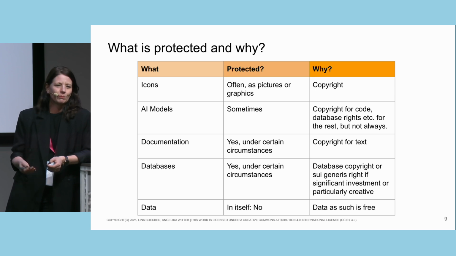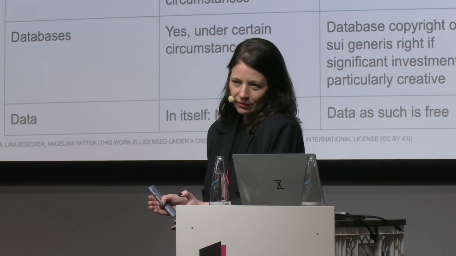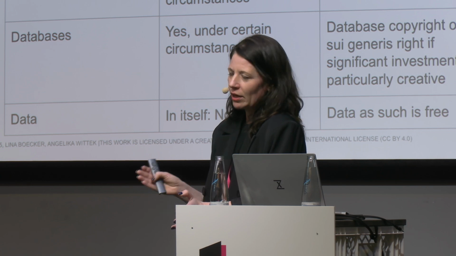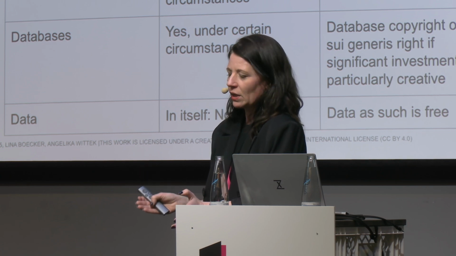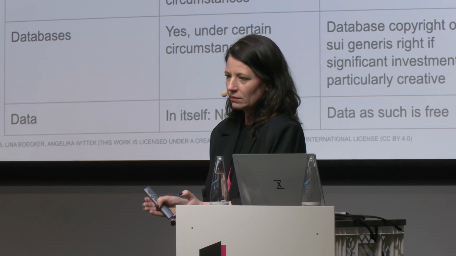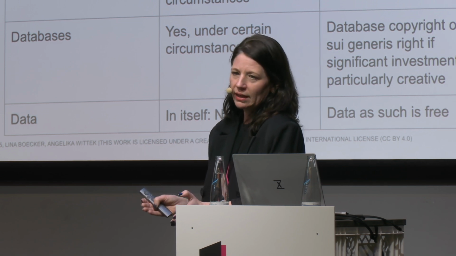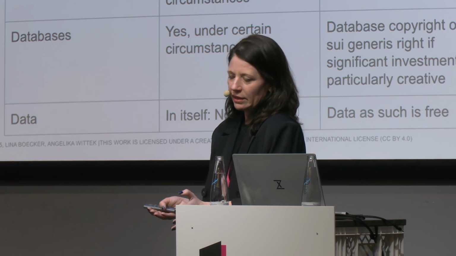because those of you who know me know that most of my lectures start with, why do I need a license? Because what you want to use belongs to someone else. It's protected by some sort of IP law. The same applies not only to code, but also to other artifacts, like icons. They are protected by copyright as pictures. Sometimes they are trademarks. AI models are a bit of a difficult thing because we don't know yet if they will be protected by an IP right, be it copyright, be it something else. What we can say is that parts of it are copyrighted, the code, databases, stuff like that. We don't know about the whole thing. That's still under a legal discussion.